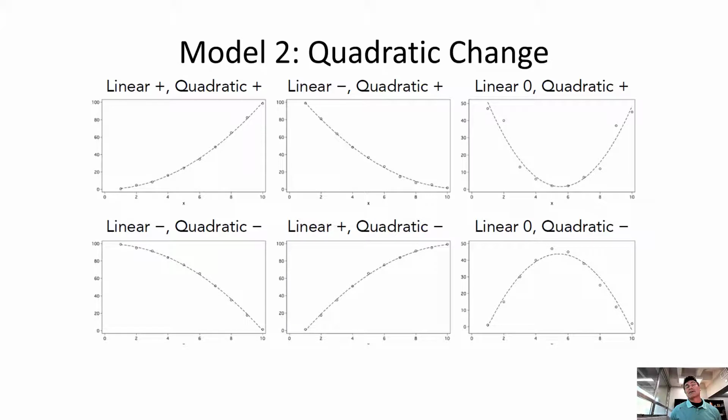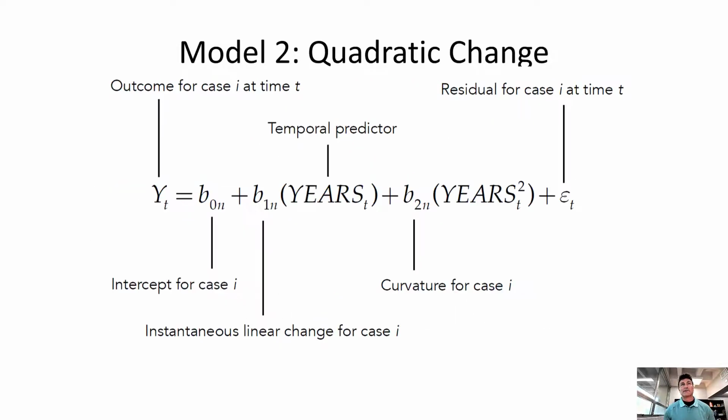So there's all these different patterns that we could see with a quadratic model, and I'll show you how to put this into Mplus in a second, but we can see an escalating change or declining change, all kinds of different things. I don't use this method that often. It can be helpful in therapy though, because we might see a change pattern where people start off changing slowly and then speed up, or a pattern where people start off changing quickly and then sort of level off over time. So it can be useful in some therapy data. There's some other ways that I'll talk about to look at nonlinear change as well.